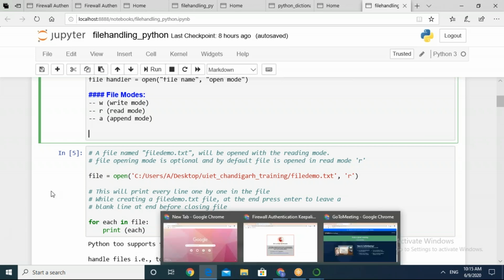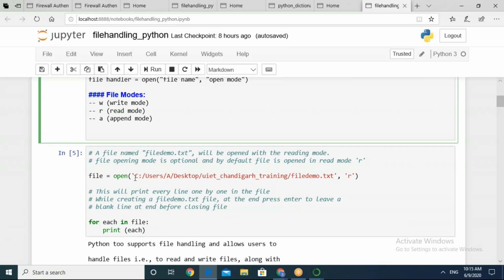So I'm taking up a file over here: file equals open, and this directory has been mentioned from where I am taking it, and I'm going to open it in simply read mode. Don't copy this as it is, because you will have to see at which location your file is placed and specify it accordingly. Take care when copying and pasting the file path in the first argument. The direction of the slash is reverse of this, so you will have to make this bit of change, a backward slash.